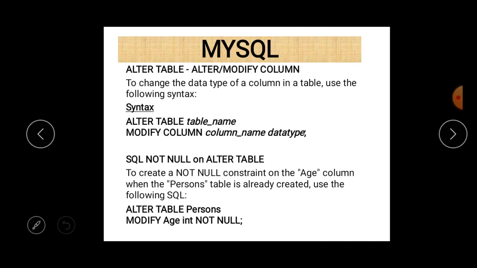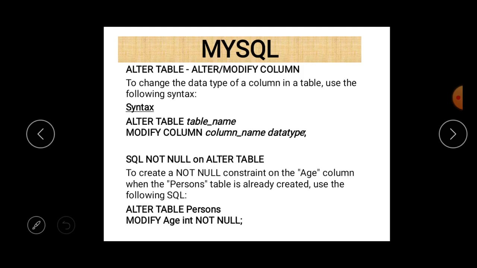Suppose the size of the email column is 100 characters. Then we can increase it to 101, 102, whatever, anything after the 100. But we are not able to reduce that data type because it may be possible that the table already contains data, and some data is up to that limit. So if we want to alter the table structure and reduce the column size, it is not possible because data is already there. So we always increase the size using modify column.